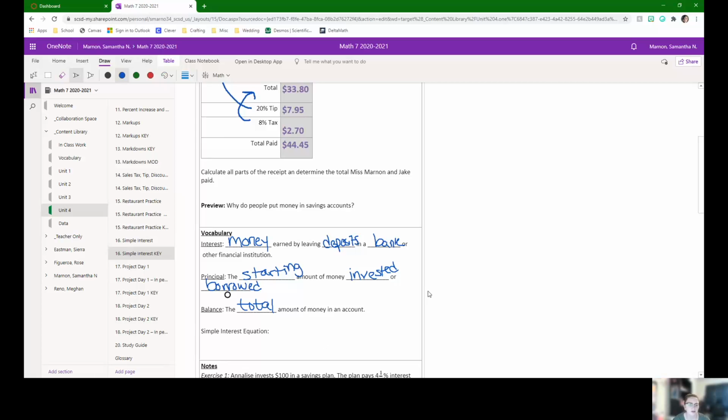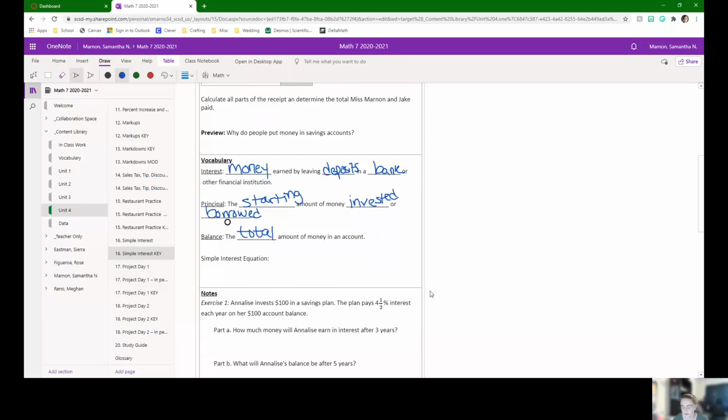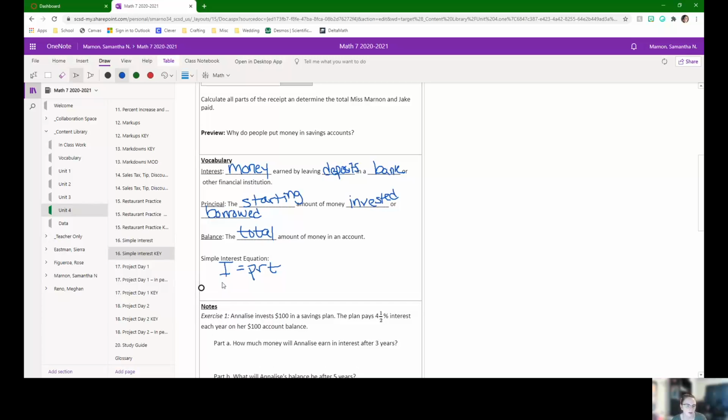So we have a simple interest equation that we're going to be using, and we can break it back down into quantity equals percent times whole, but sometimes it's just easier when we can think about it this way. So we call it I equals PRT. And we can talk about how this relates to quantity equals percent times whole in just a moment here. So I'll write it below it. But the I stands for interest. So you could say it's interest